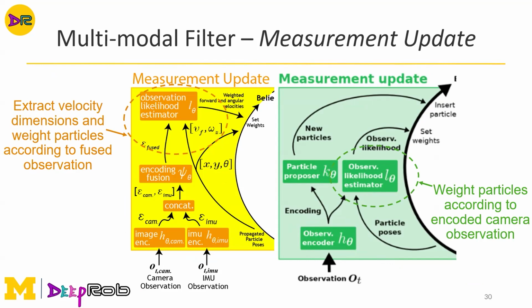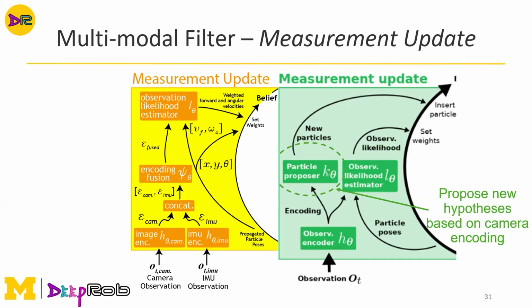This enables the fusion layers to make further corrections on the relationships between the two observations. And this is particularly useful in the case where one observation has many more dimensions, such as an image, versus the IMU, which has only 2 dimensions. This observation likelihood estimator then performs a reweighting of the current particles before generating our final belief for this iteration